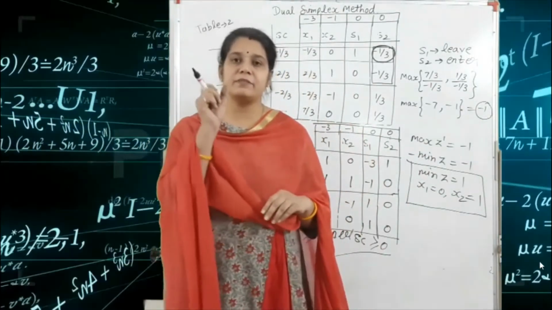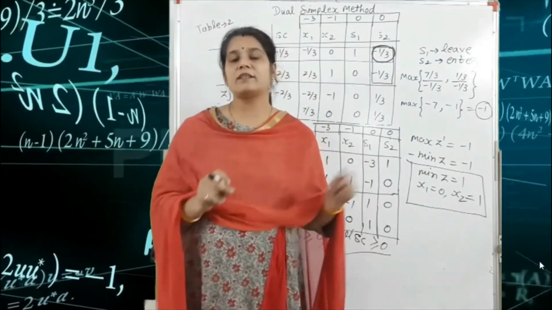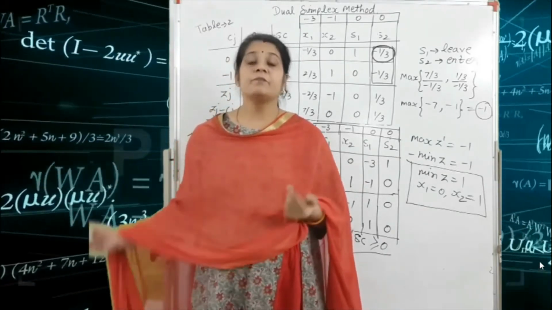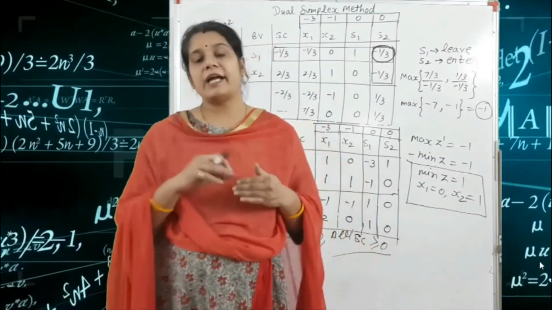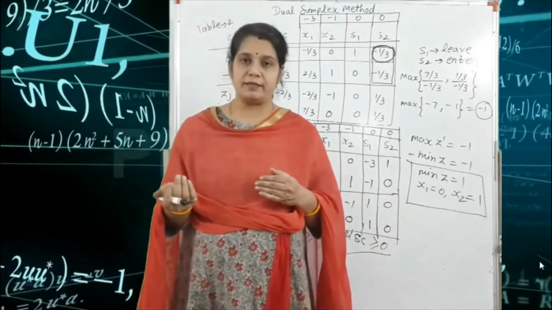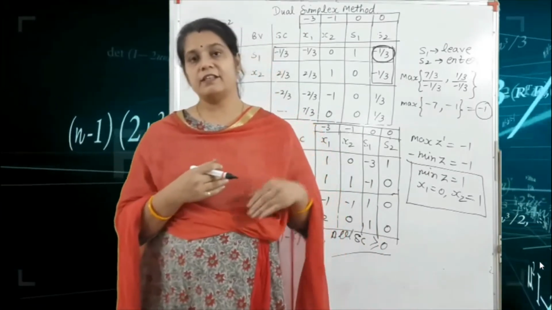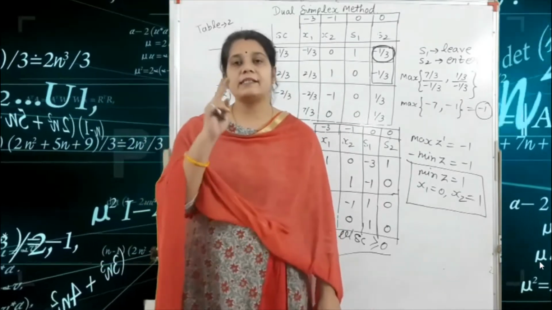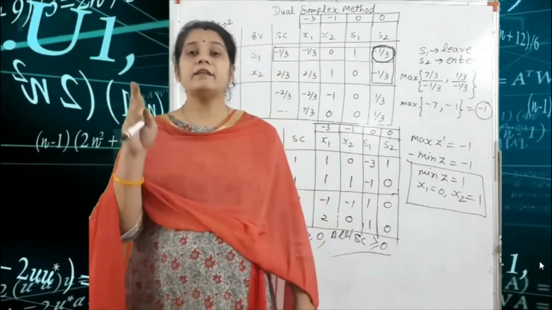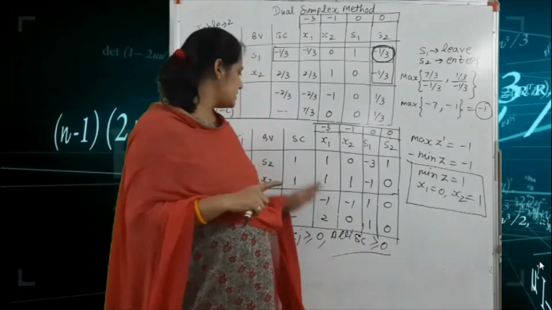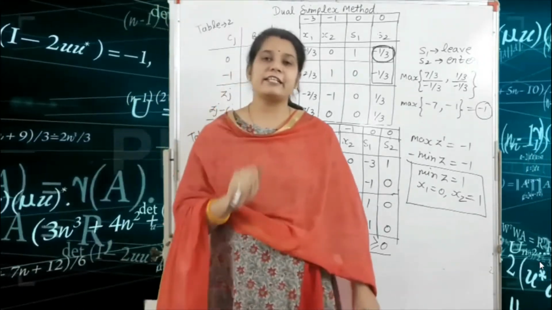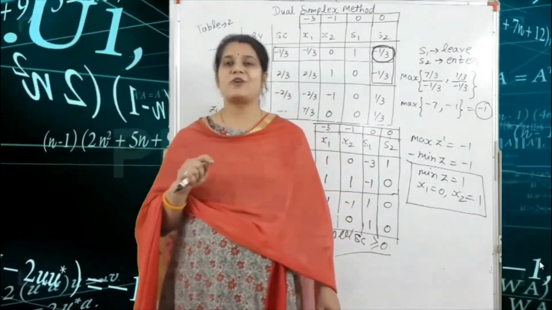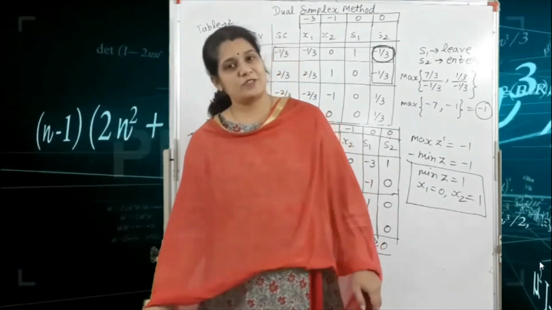So there are some major differences. The major difference is that in the simplex method, Big M method, and the two-phase method, first we find the entering variable, after that the leaving variable. But in the dual simplex method, first we find the leaving variable, after that the entering variable. And the second major difference is that in the dual simplex method, your solution constant is in the negative sign. But in the simplex method, Big M method, and the two-phase method, your solution constant is always in the positive sign.